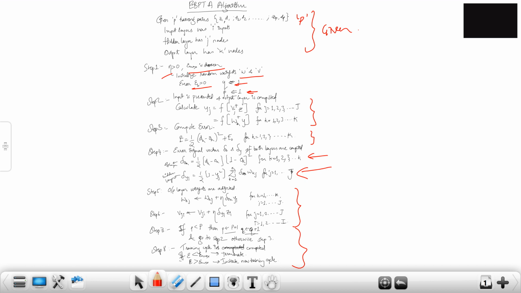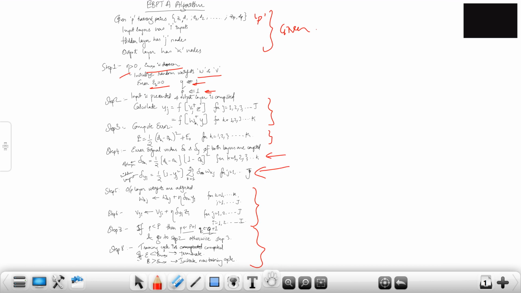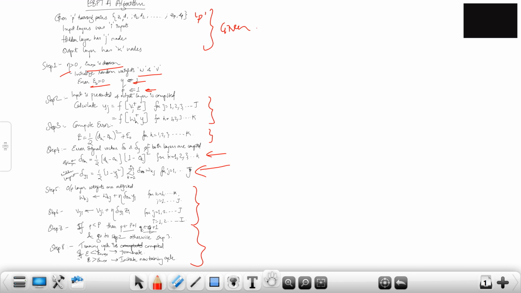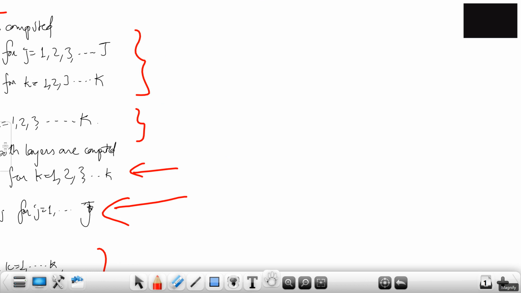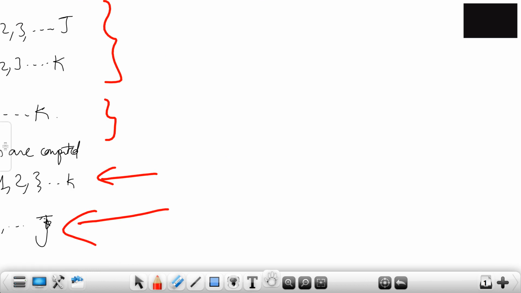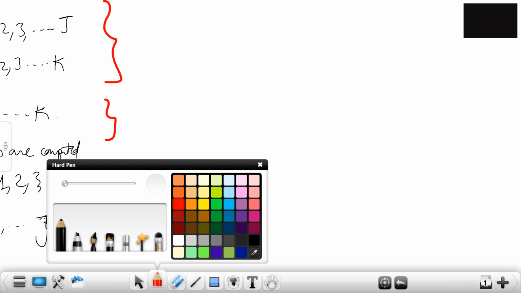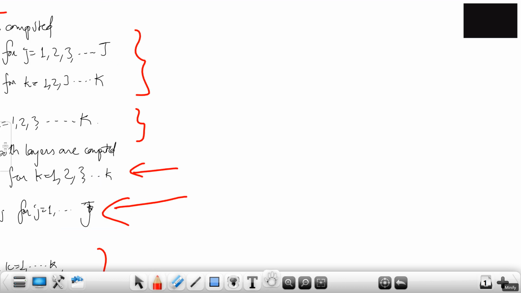Now I'm going to keep this over here and draw the flow chart on the right-hand side. Then it becomes much easier to understand what we have done. I'm going to draw a flow chart for the error backpropagation training algorithm. Let's start. I'll maximize this again, slightly minimize, I guess.